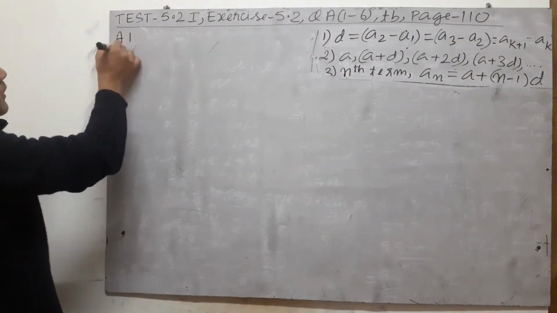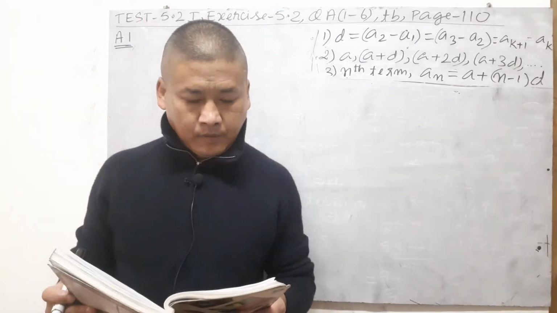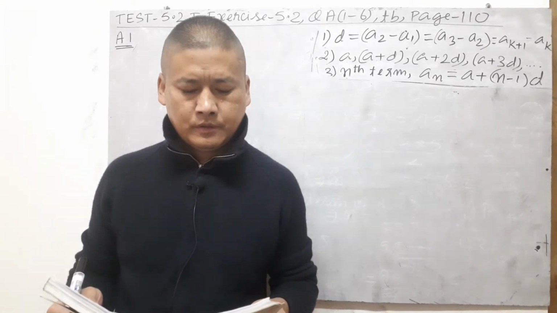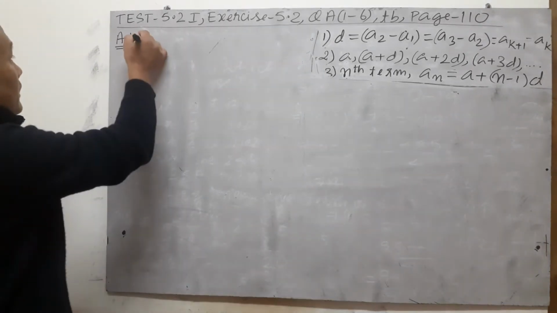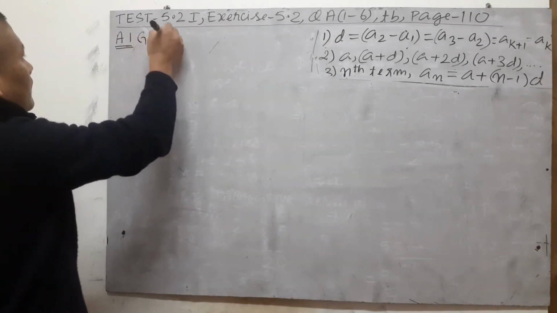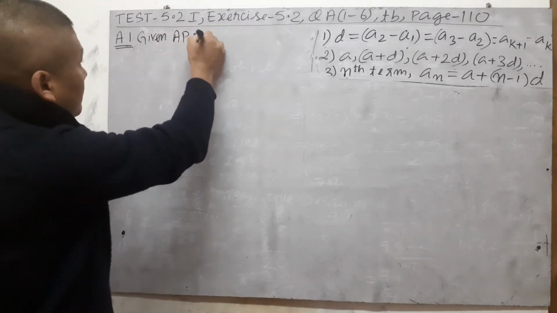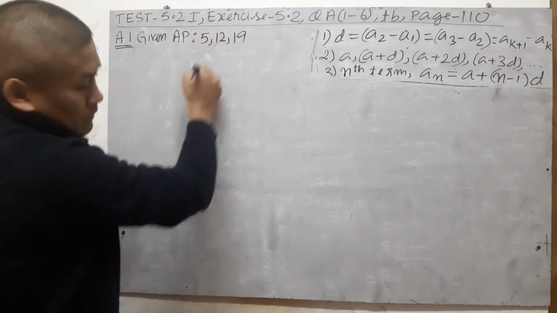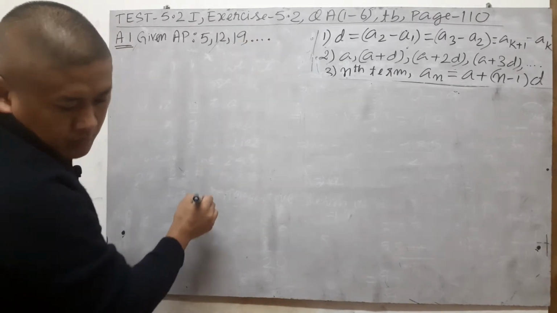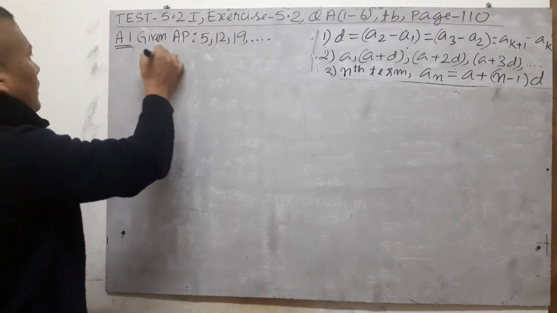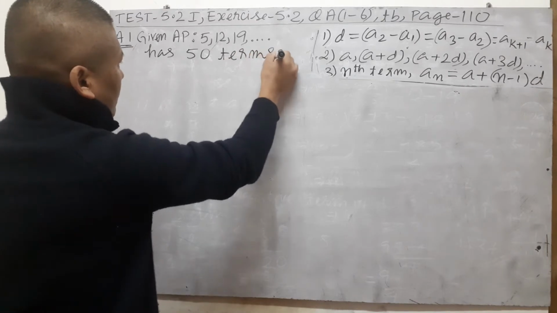Let's start with A1. Let me read the question for us. An AP 5, 12, 19 has 50 terms. Its last term is, in other words, we have to find the last term. So here given AP, arithmetic progression, is first term 5, then 12, then 19, then so on, and it has 50 terms, which means here